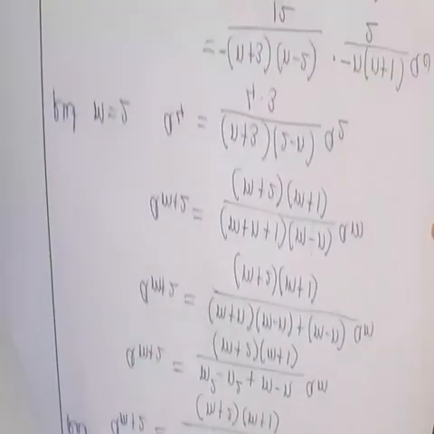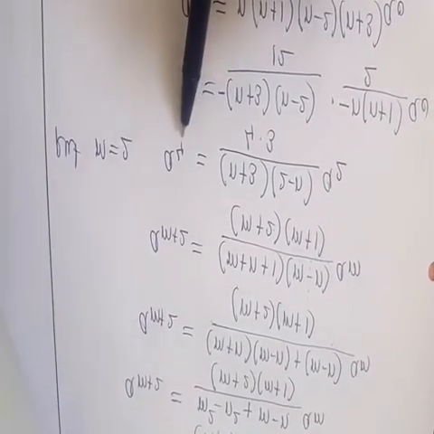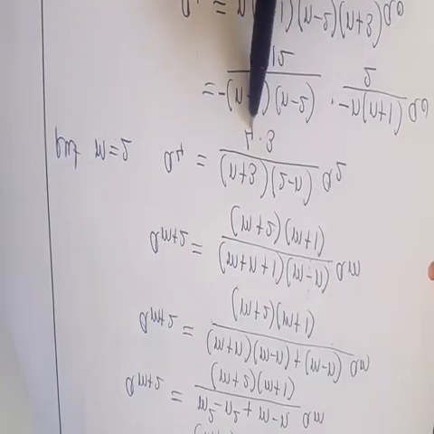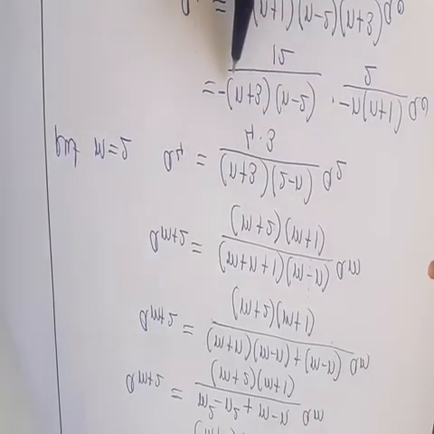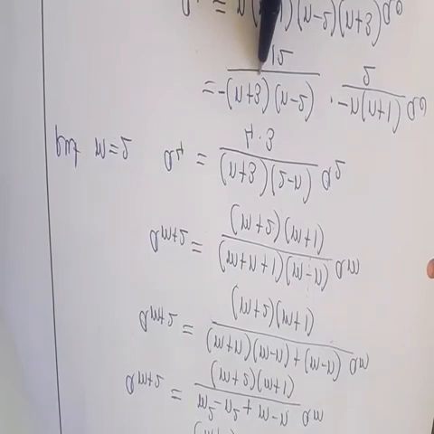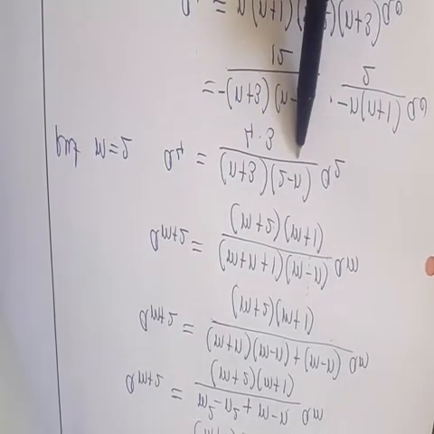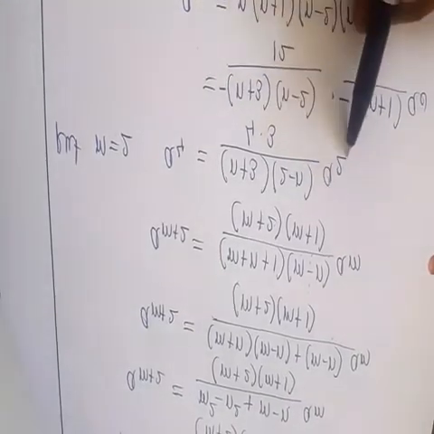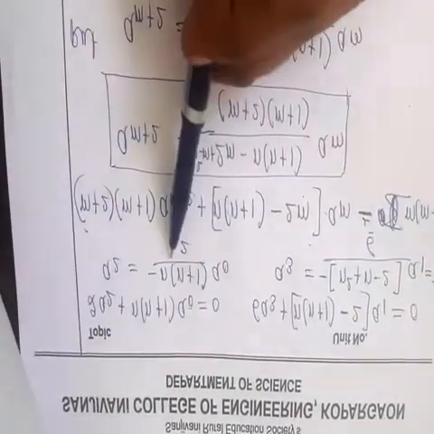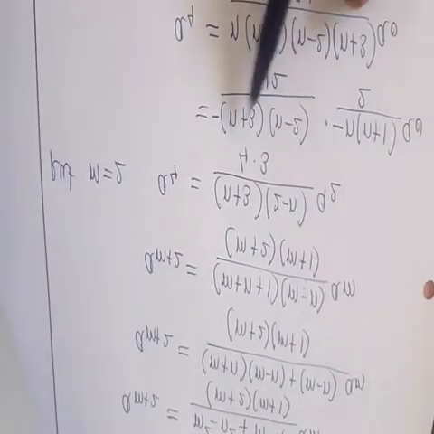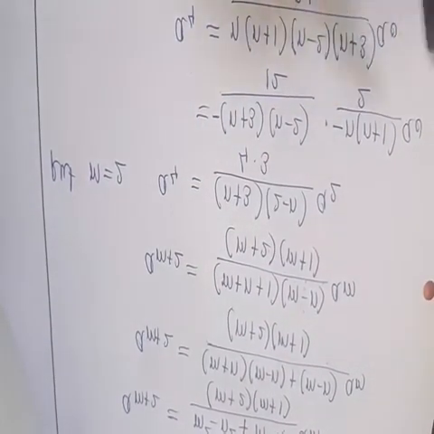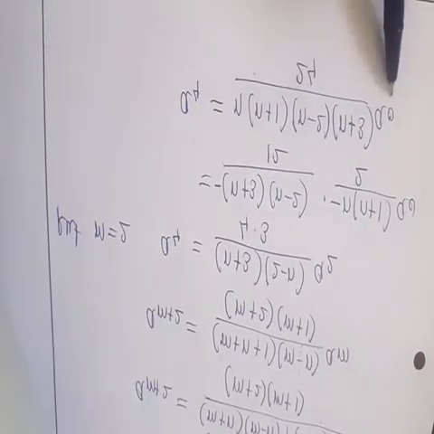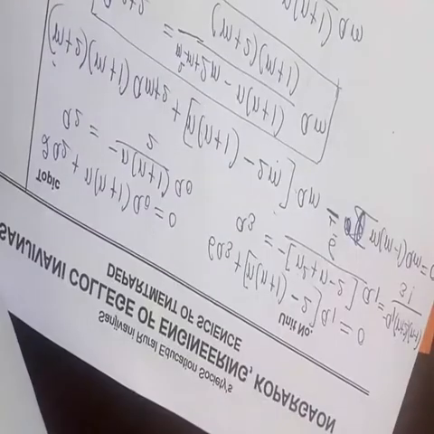Now put m equal to 2, 3, 4 to get the values. We get a4 is equal to (n+3)(2-n) divided by 4 into 3 times a2, which can be written as minus (n+3). We take minus common from the second bracket, so it becomes (n-2) divided by 12 multiplied by a2. a2 in terms of a0 is minus n(n+1)/2 into a0. Substituting this value, we get a4 is equal to n(n+1)(n-2)(n+3) divided by 24 into a0. This is the value of a4.